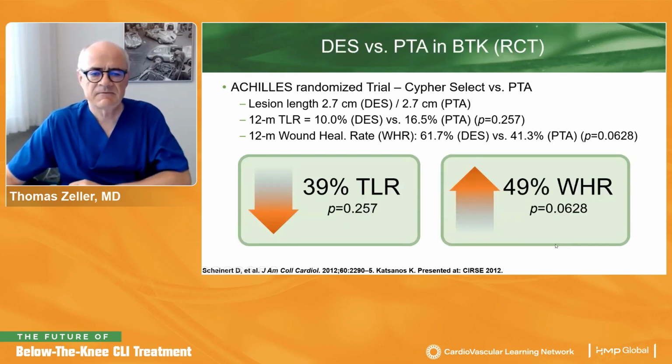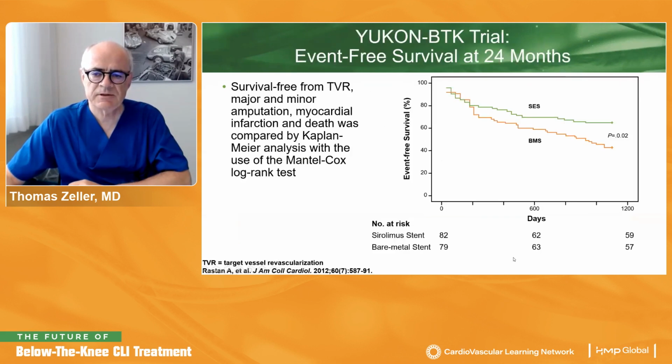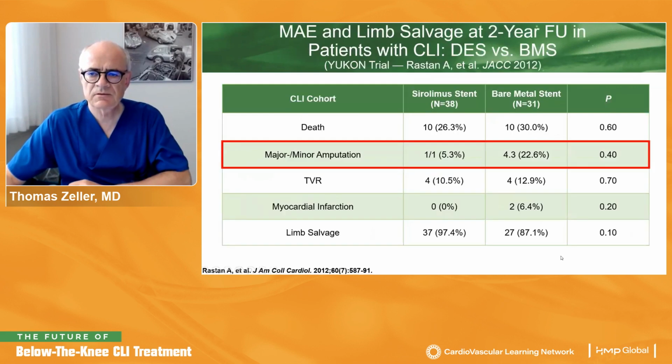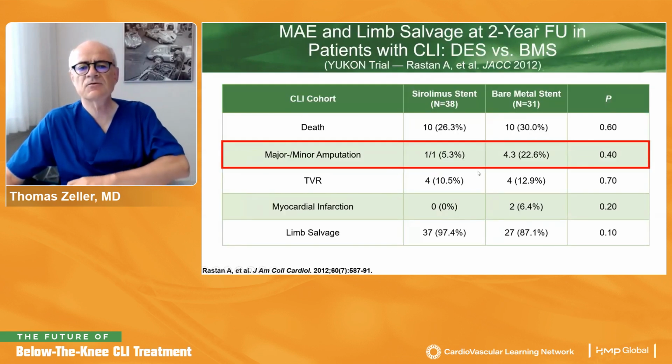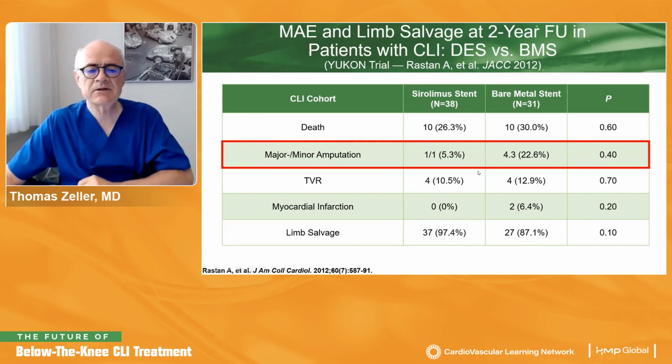A patent vessel also was related to a significantly reduced reintervention rate and to an increased wound healing rate. In the Yukon trial with a 2-year follow-up, we could even show that the event-free survival was significantly improved for the sirolimus eluting stent, and also the combined major and minor amputation rate was favoring the sirolimus eluting stent over